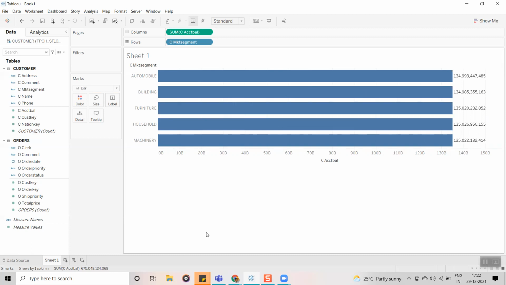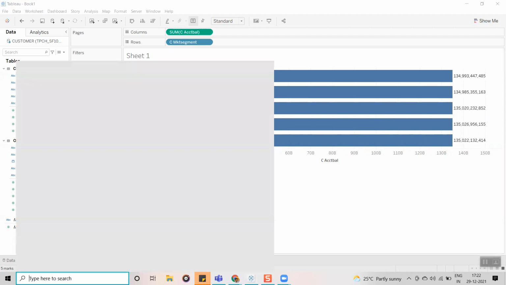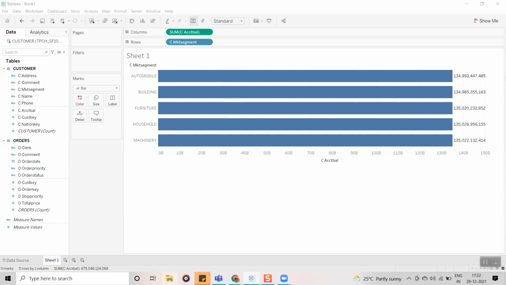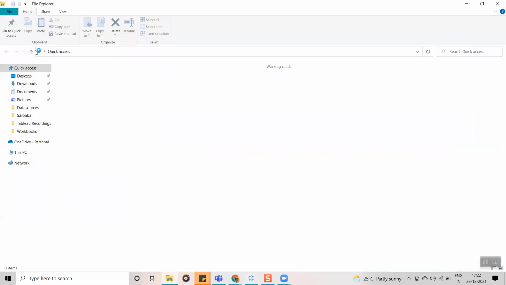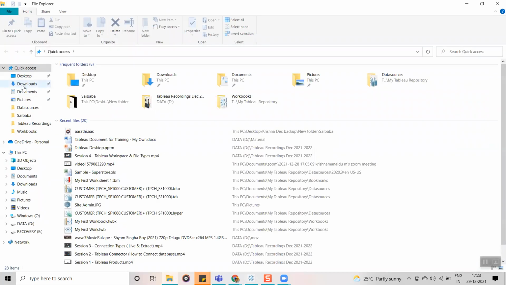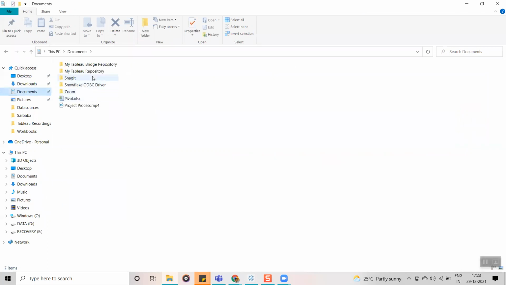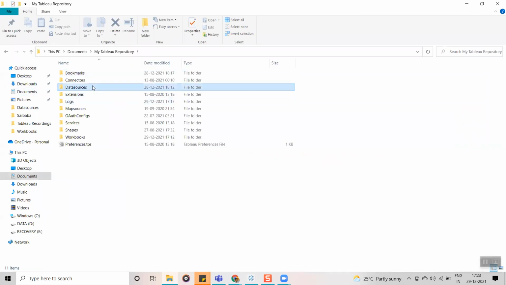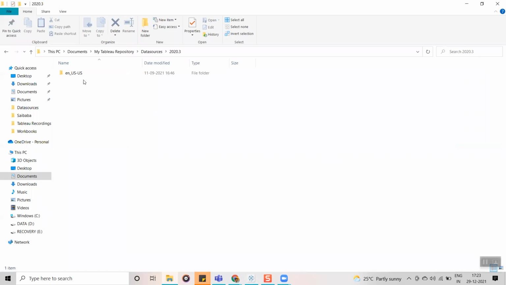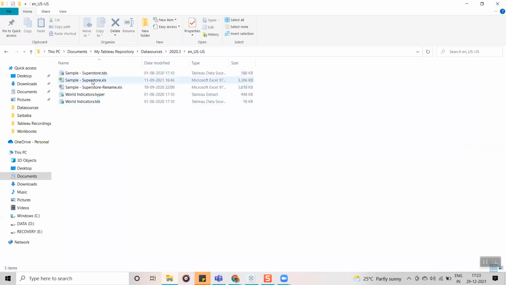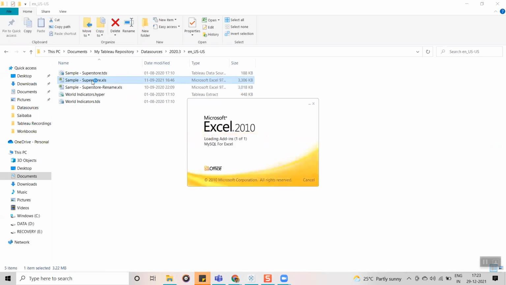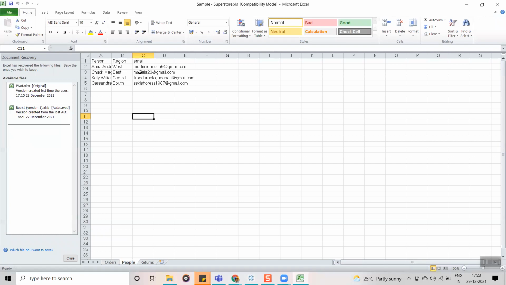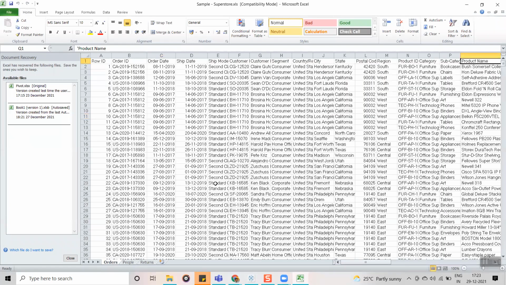So low granularity means, for example, let me open the Excel file. For example, this is the data I am having, guys.